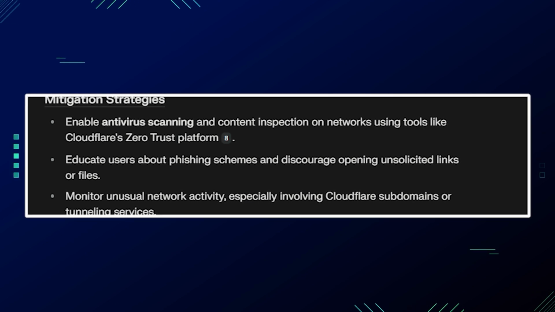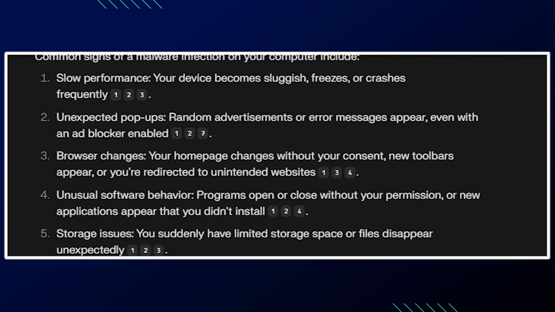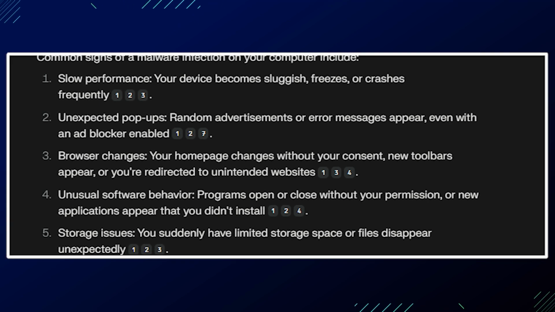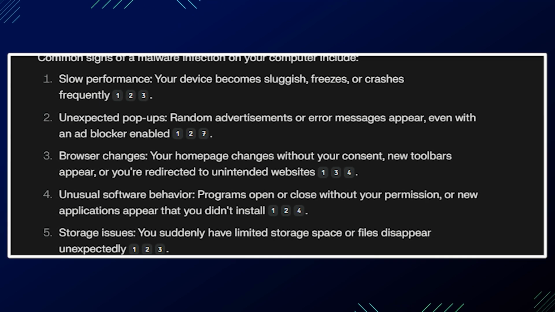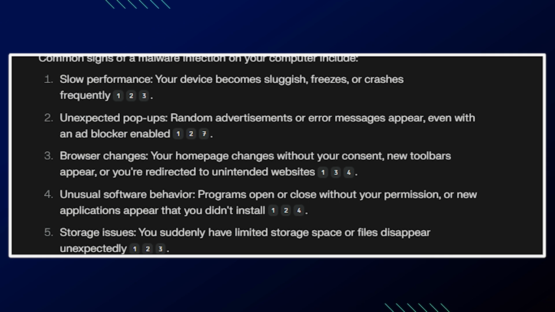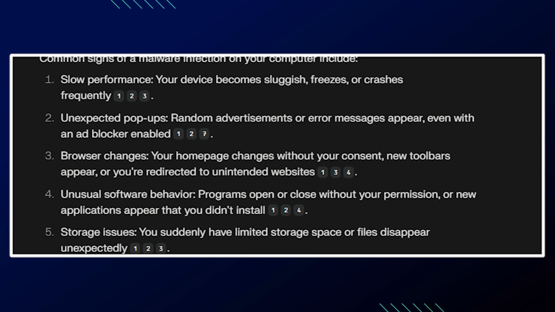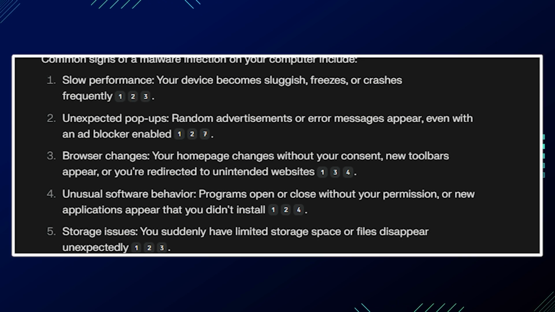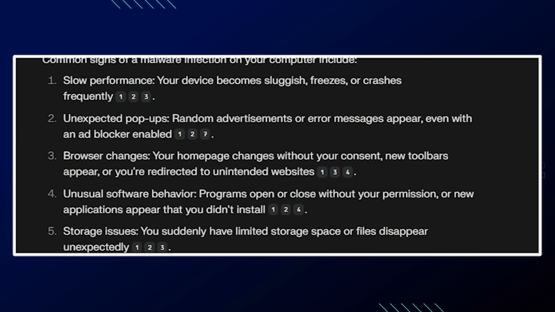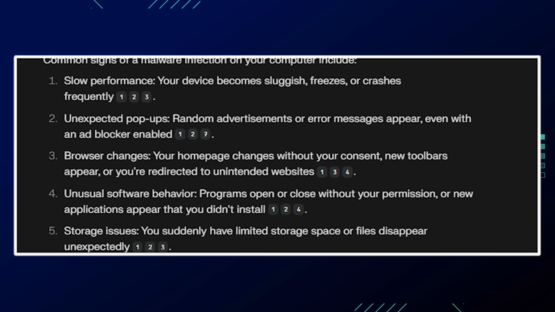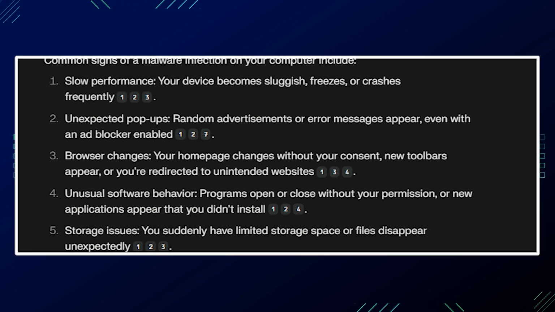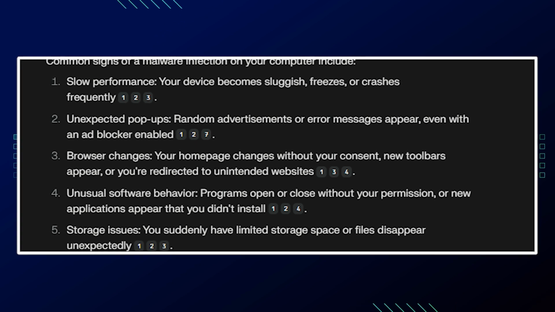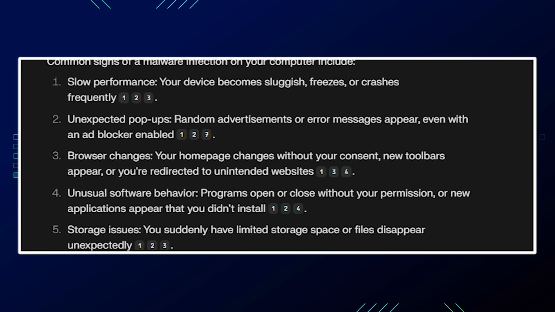Now, the common signs of malware infection. You have slow performance: your device becomes sluggish, freezes, or crashes frequently. Unexpected pop-ups: random advertisements or error messages appear even when an ad blocker is enabled. Browser changes: your homepage changes without your consent, new toolbars appear, and you are redirected to unintended websites. We have unusual software behavior: programs open or close without your permission, or new applications appear that you didn't install. There are also storage issues: you suddenly have limited storage space, or files